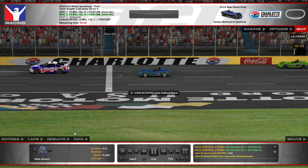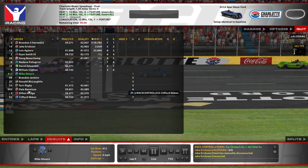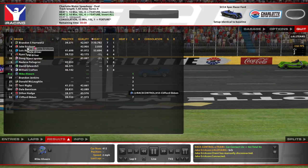Heat race 1 is complete. Now time for the second and final heat race. 3 cars strong. With that being said, though, on the bright side, since there's less than 4 cars, everybody in this heat